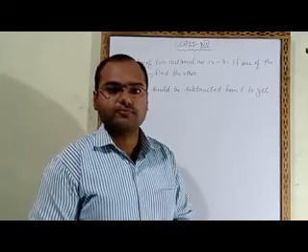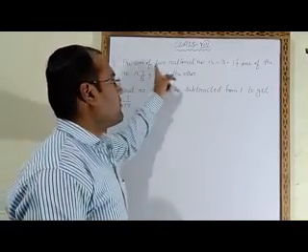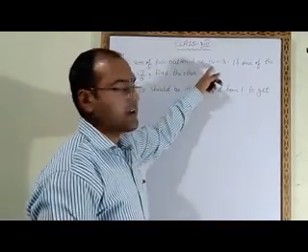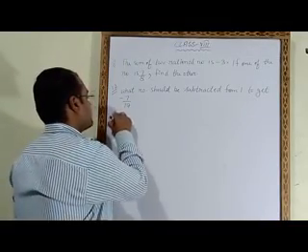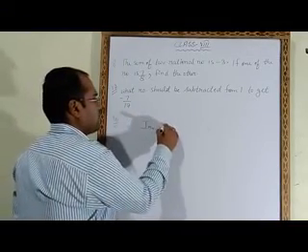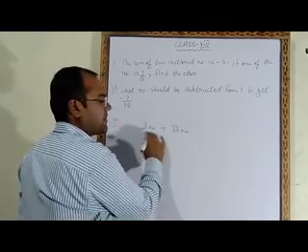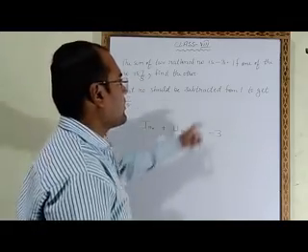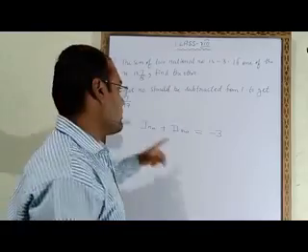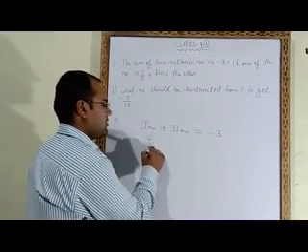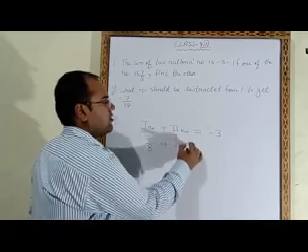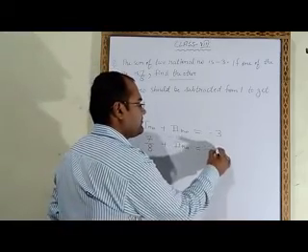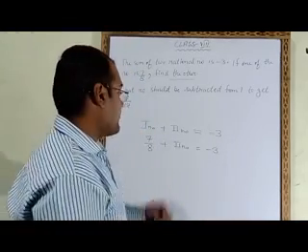Now see next question. Question is, the sum of two rational numbers is minus 3. What is given? The sum of two numbers is minus 3. So what we have to do here? First number plus second number. When we add the two numbers, first and second, answer will be minus 3. If one of the numbers is 7 upon 8, so in first number you have to write 7 upon 8 plus second number we don't know. We have to find the other number. So second number we will write as it is, equal to minus 3.